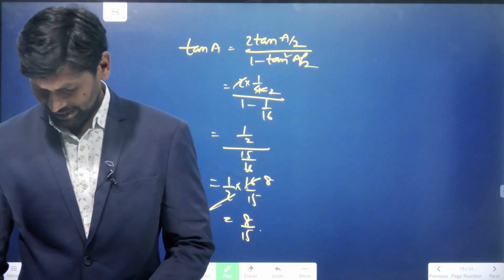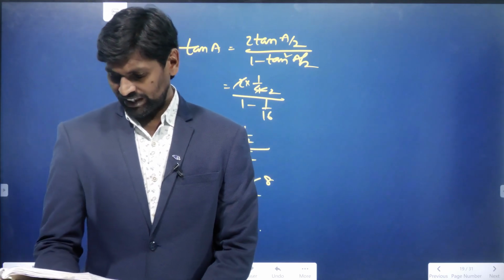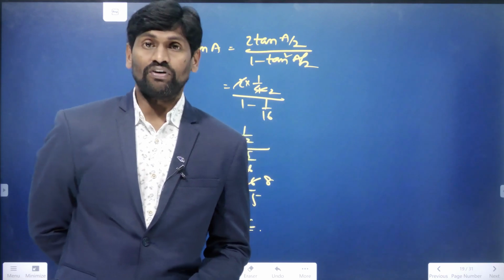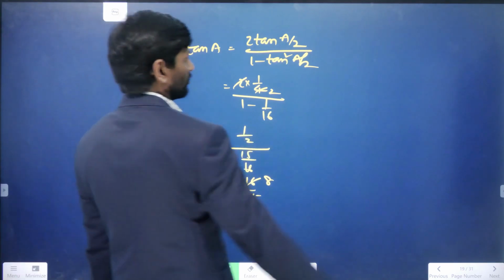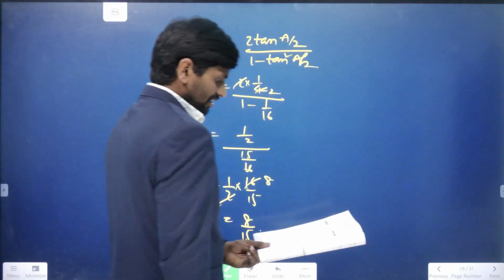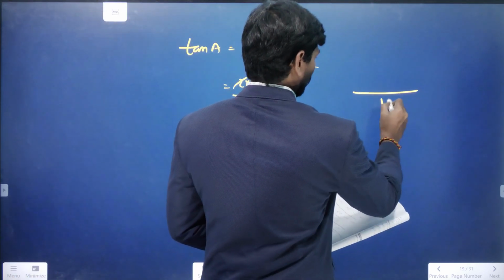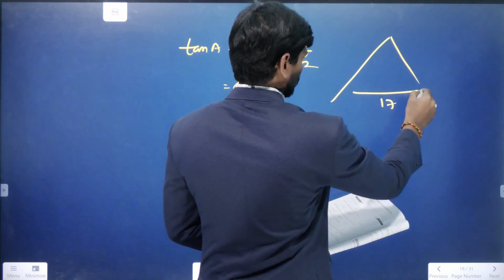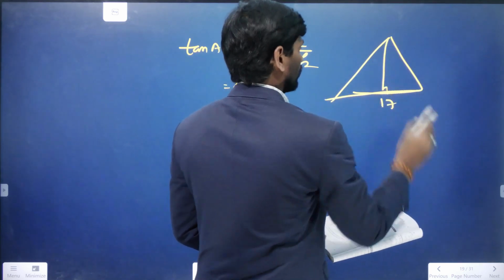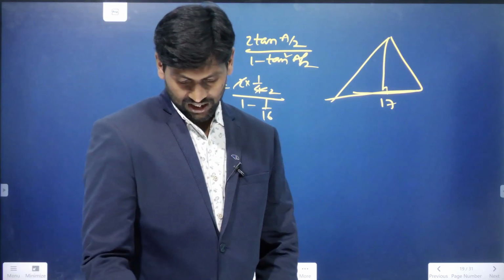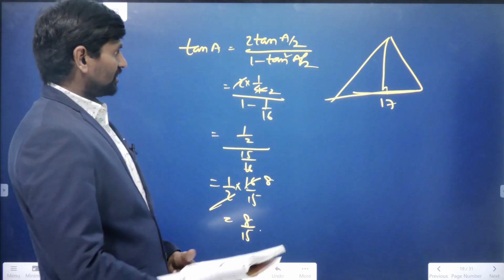Problem number 16. 17, 25, 28 are the sides of a triangle, then find the greatest length of altitude. The greatest length of altitude always falls on the smallest side. That means the smallest side, if you take 17, the greatest altitude will fall on the smallest side. So 17 will be there, and by using that,